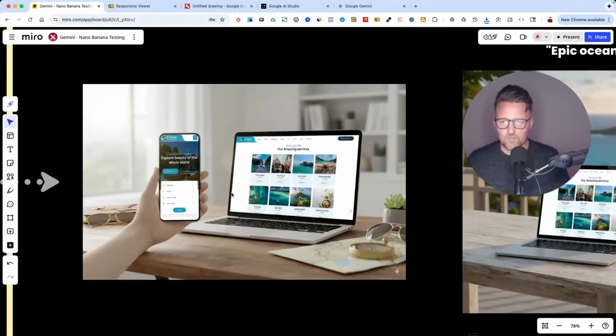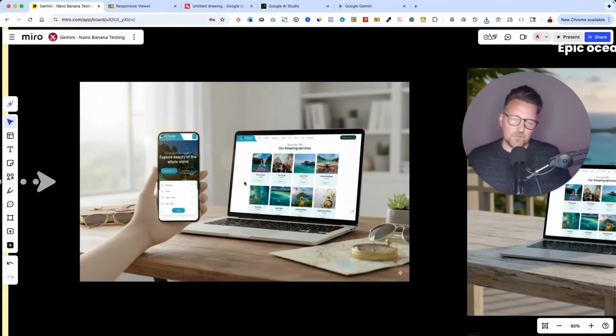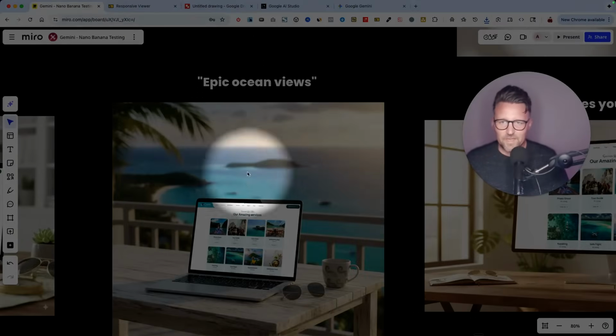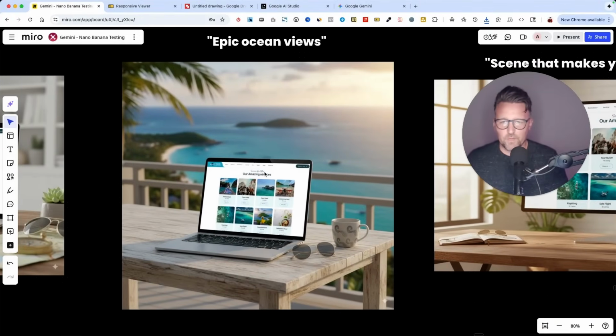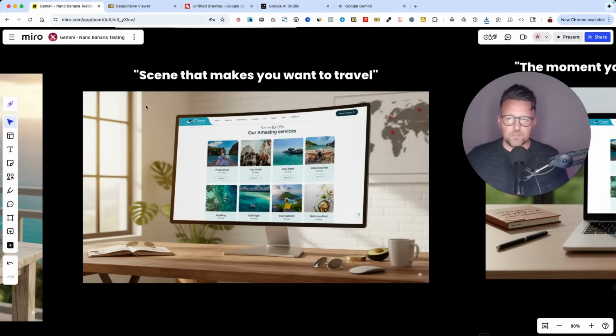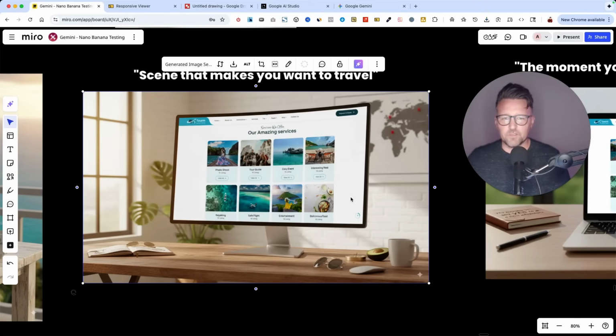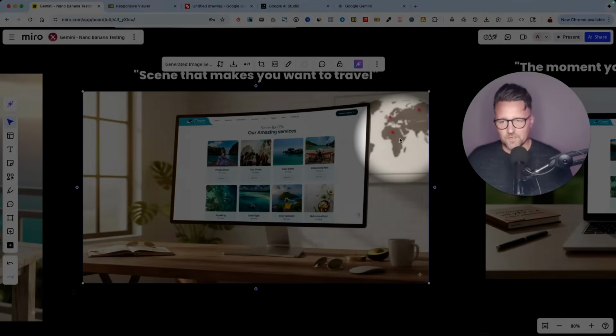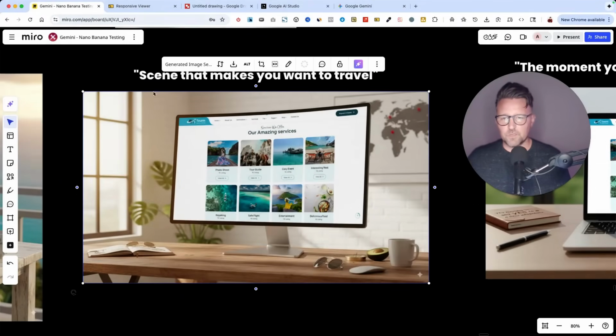Here are some of the results I got for this one. It was pretty good, pretty boring. I tried it again, but I told it epic ocean views and it created a really nice scene. And this one, I told it a scene that makes you want to travel. Not sure how well it accomplished that, but still a good mock-up regardless. We've got the little map back here so you can kind of see an adventurous spirit is looking at this